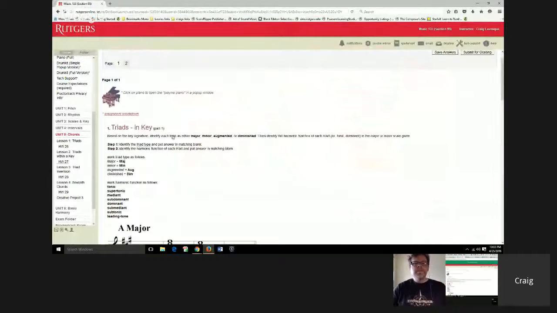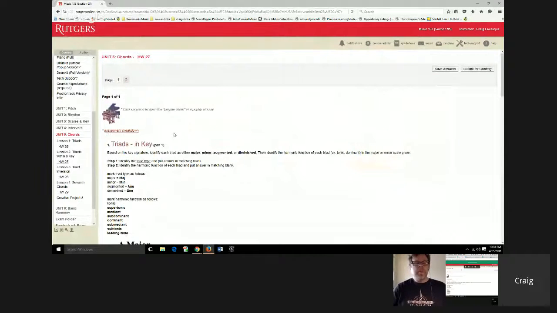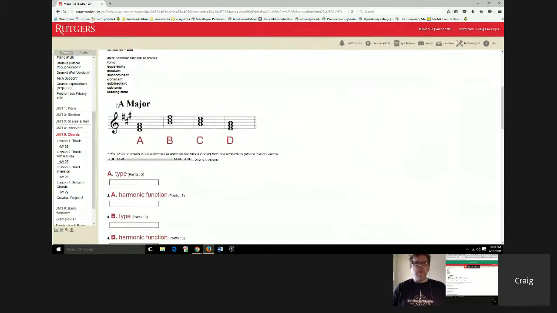So here with 27, what I think gives people the most problems is figuring out what the harmonic function is. We start here and we're in A major. The first thing to remember is that all of our labels are now going to be relative to A major. So tonic will be an A chord, supertonic a B chord, mediant a C sharp chord, subdominant a D chord, and so on. One of the things that students sometimes do is keep the "tonic is C" mentality, but remember the tonic is the first note of the scale, and it also refers to the chord built on that first note. So if we look at the first chord, A, the type is going to be major,